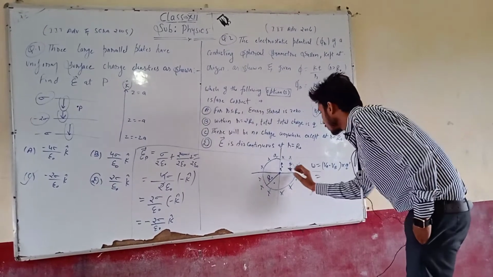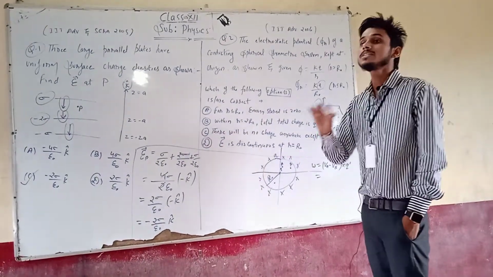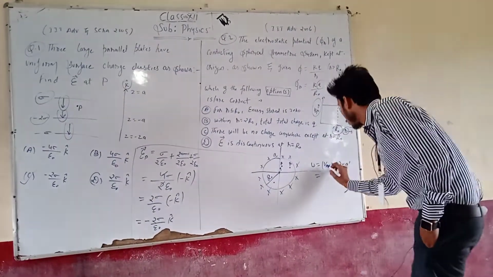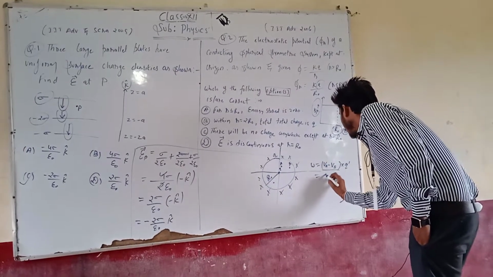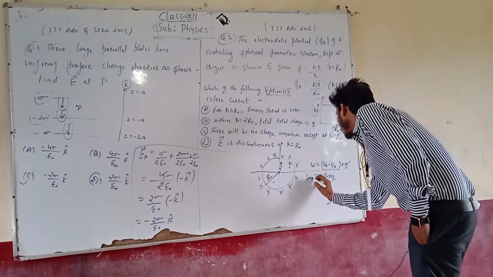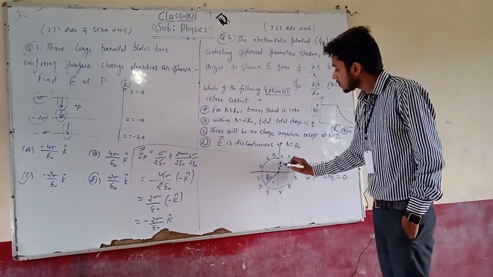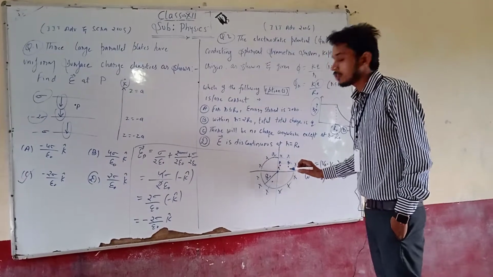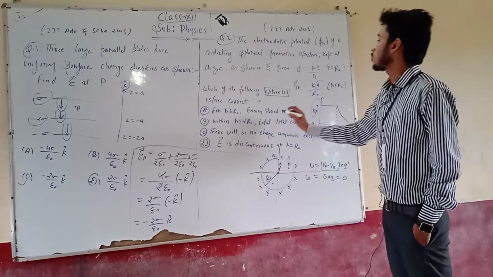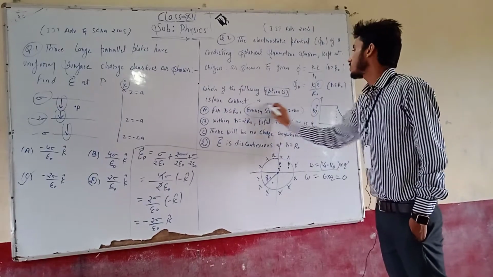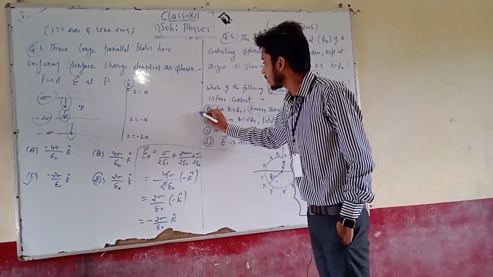And we know that the potential inside the spherical symmetric system is always constant. So both these potentials will be equal, and if these potentials are equal, then this value will be 0. And we know that if the work done in bringing any charge from one point to another point inside a spherical symmetric system is 0, then this work done is stored as the energy of this system. So the energy comes out to be 0. So we can see that option A is the correct option.